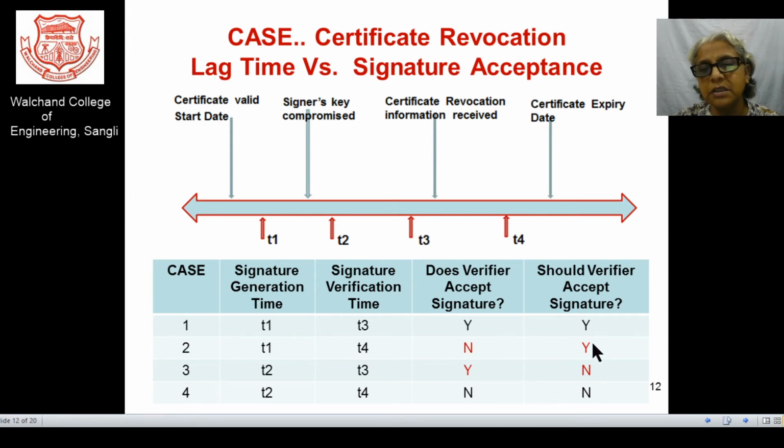So you can say that case 2 and case 3 are giving some mismatch for the answers, and such type of loopholes always happen, and we people are responsible to tune our programming to make our network, or to have certain provisions, so that such type of lags should not create any problem. Such type of gaps should not leave vulnerabilities open for the attacker to take advantage of the situation.